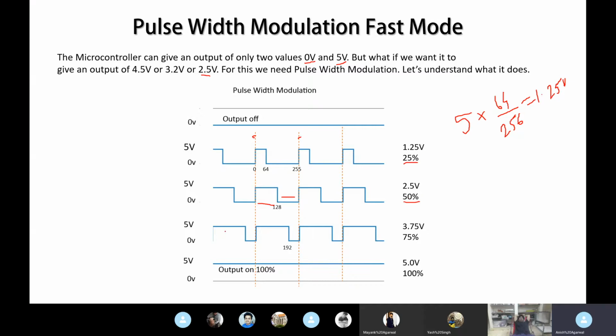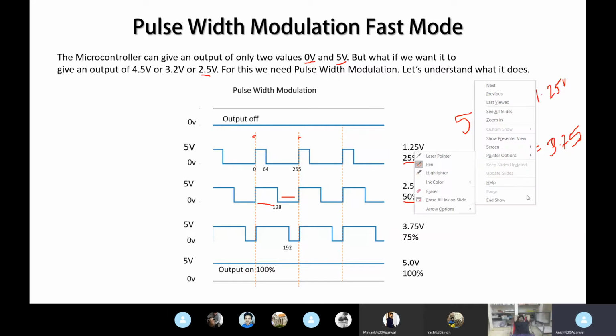Similarly, if we keep the microcontroller high for 192 bits and low for the other 64 bits, then the average voltage will be 5 into 192 by 256, which is equal to 3.75 volt. Okay. Sorry for the bad handwriting, but I hope you've got the